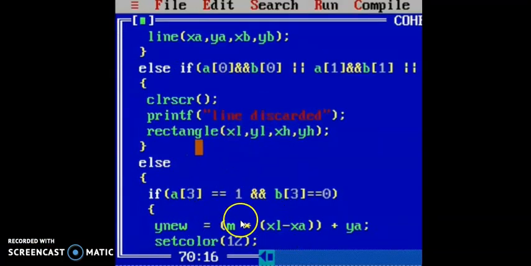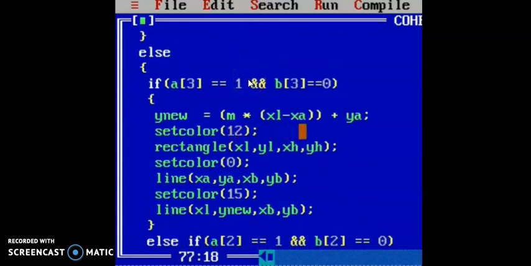Then next will be our main part, where a particular line will be clipped. This else part will be executed. Before this else part, it checks the two earlier cases: if a line is outside the window, then it will be discarded. This else part will check the intersection point of the line with the clipping window, and according to that, a particular output will be shown. If a of 3 equals 1 and b of 3 equals 0, then ynew will be calculated.